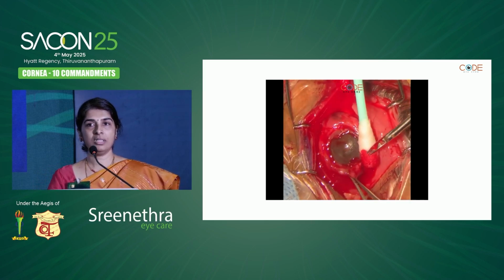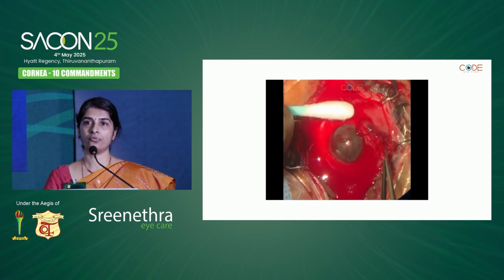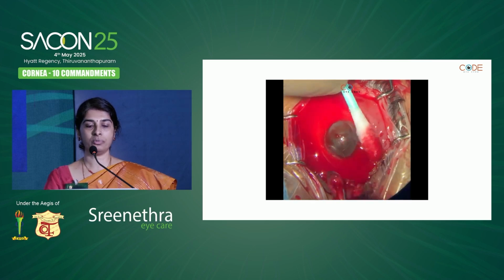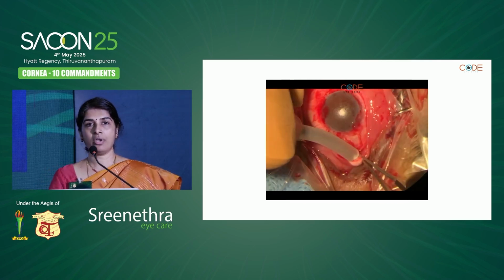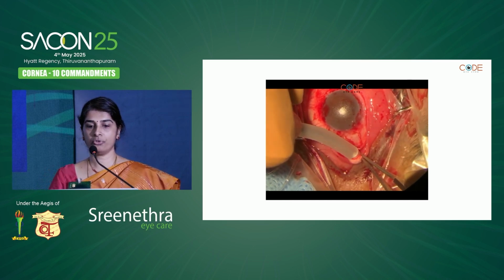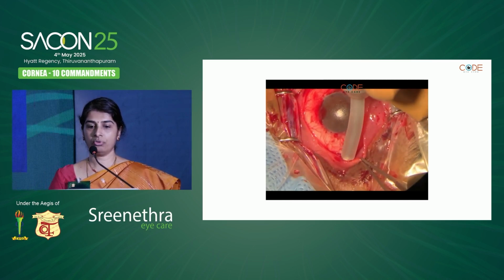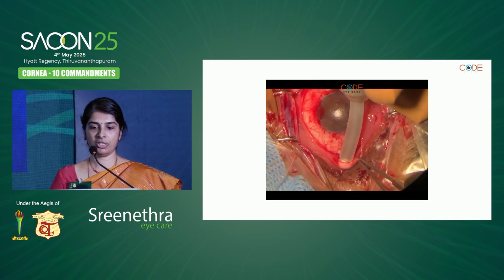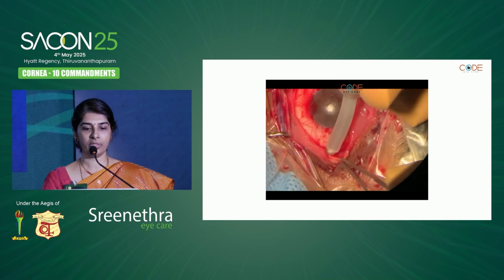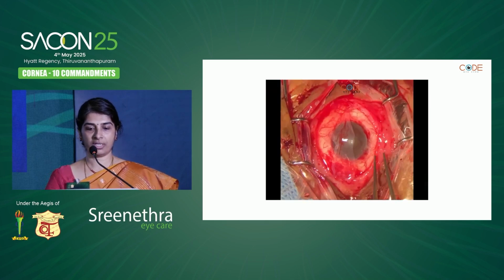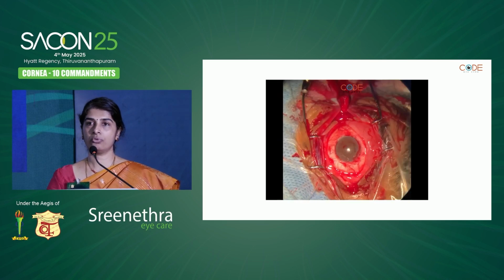There's always a need to excise the lesion at the limbus, because that's usually the point of origin where the tumor will be firmly adherent to the underlying tissue. And once you have the entire lesion out, of course, you can resort to irrigation after that. You do a change of tray, you do a change of gloves, everything is changed once the lesion is out, and then you do a double freeze thaw cryotherapy to the edge of the conjunctiva. And then the bare area is covered with amniotic membrane and glued to the surface.